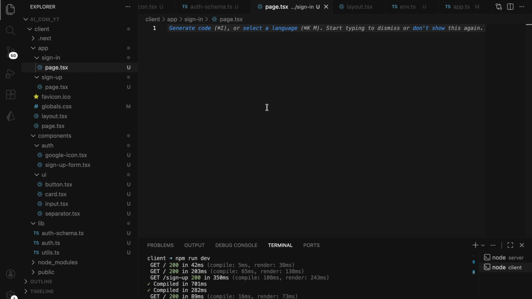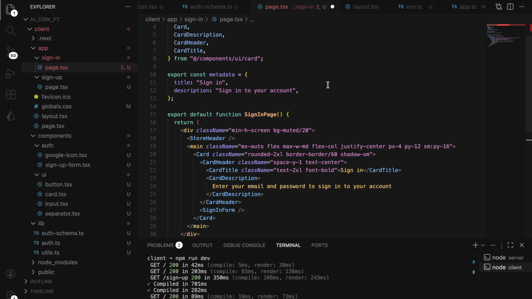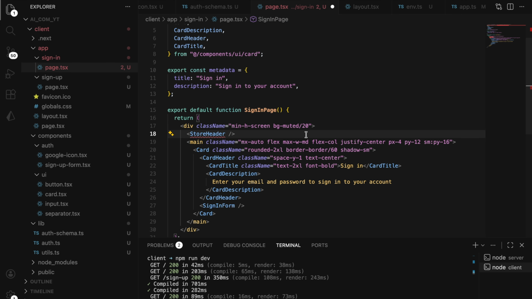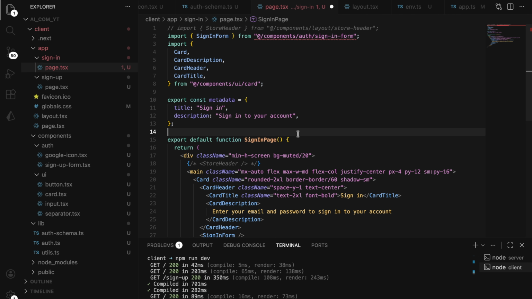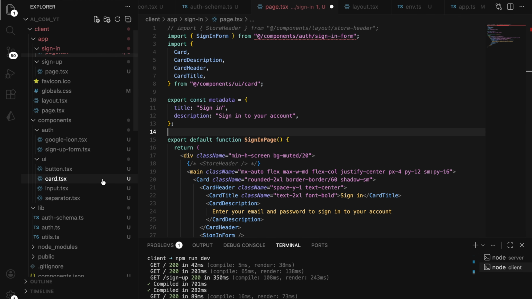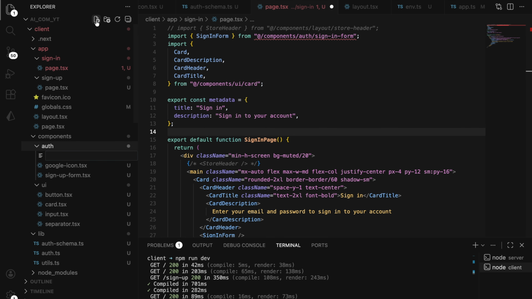Okay, so now we are going to work on our sign-in page. Our sign-in page will look almost the same as the sign-up page. Only we have to make the sign-in form here. And for now, I'm going to comment this out. When we are signed in with the user, then we are going to make this header. Okay. So let's go inside our components auth, and here I can make sign-in form